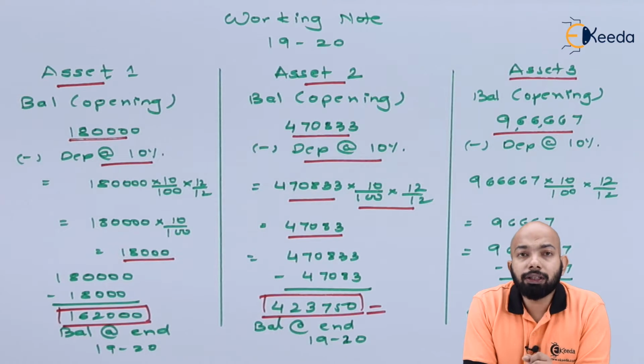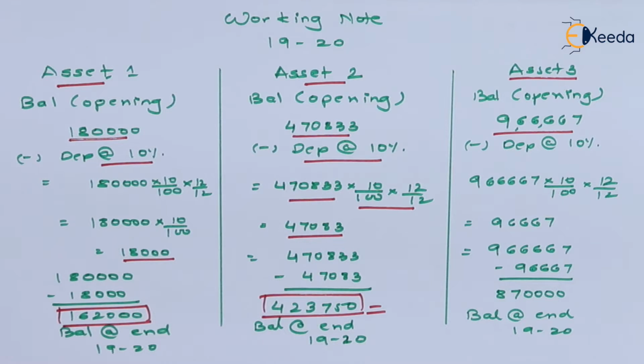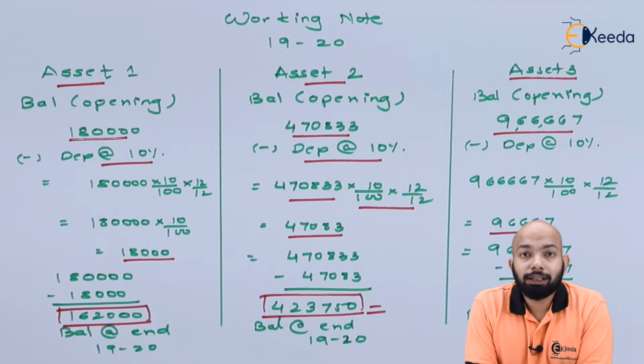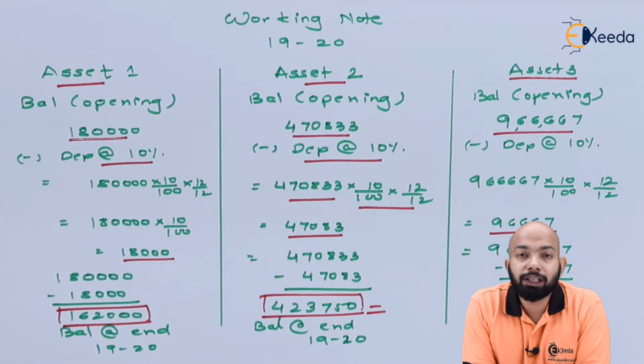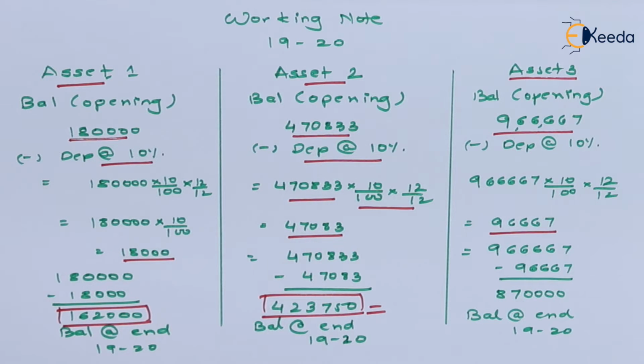Just for example, here the depreciation is 96,666.66666. Hence, we have calculated it as 96,667. This is the amount of depreciation that we have calculated here, that is, rounding off to the nearest digit. Now, this depreciation that has been calculated will be subtracted from the opening balance, which will give you a balance of 8,70,000. That means 9,66,667 minus 96,667 will give you an exact balance of 8,70,000, which is the closing balance under the written down value method for